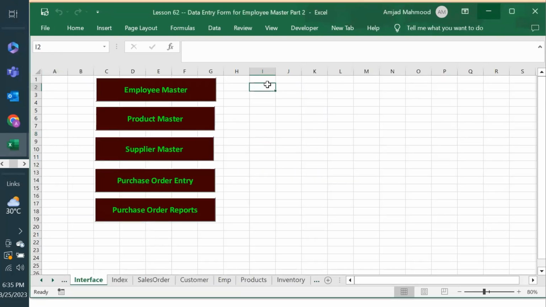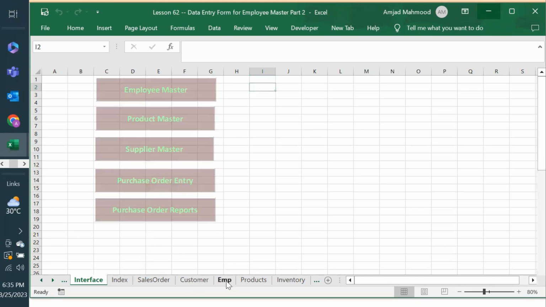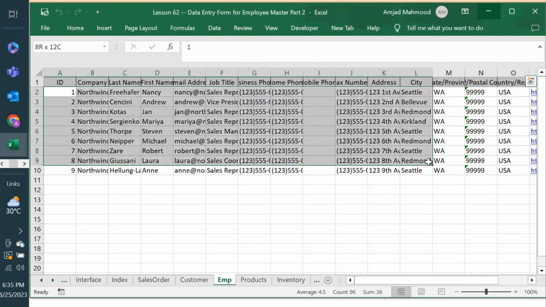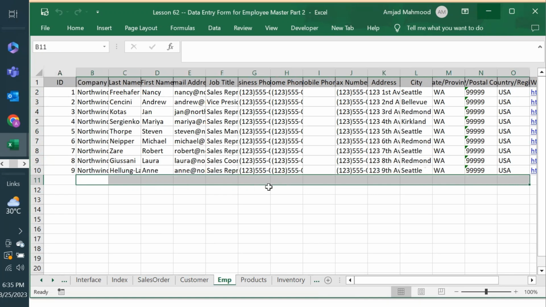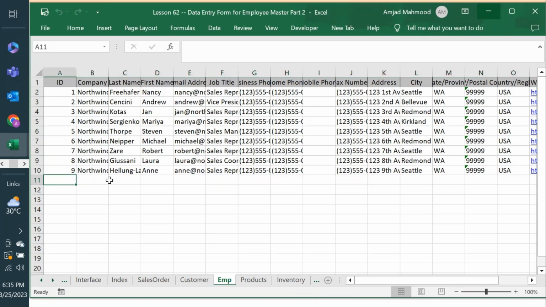Okay. In this video, we will discuss the data entry, which we have been discussing quite a time ago, of the employee master, right? We have this employee master already. The data has been captured, and what we are now doing is the best practice of the VBA developer: he uses a form instead of asking the user to go to the sheet and enter the data here. The risk of doing this is that there may be typing mistakes, duplication errors,